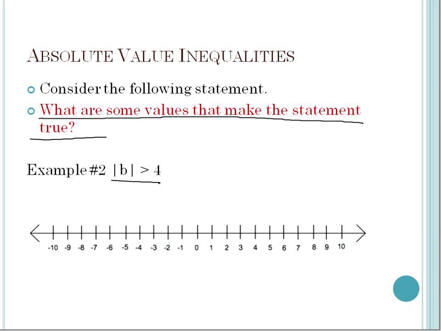Yeah, so you're giving me a whole bunch of them. I see people typing 5, 6, 7, 8. I won't go any further. And then I can pick anything like, let's say, -5, -6, -7, all the way down, because if I plugged in -6, the absolute value of -6 is 6, and -6 is more than 4 units away. So unlike the less than or equal to, this says I want to find values of b that are more than 4 units away